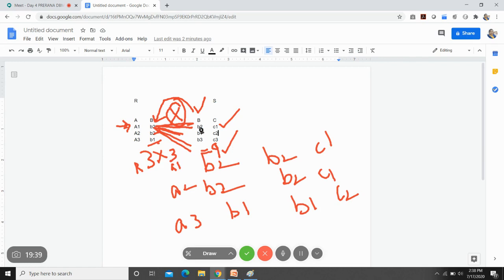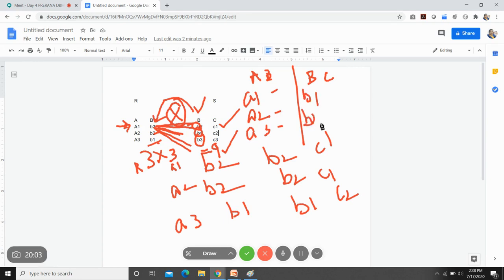But there are chances that none of the records match. So in which case will you get this? If I consider A, B, again B, C, here I have A1, A2, A3, null here, and here again I have B1, B2, B3.